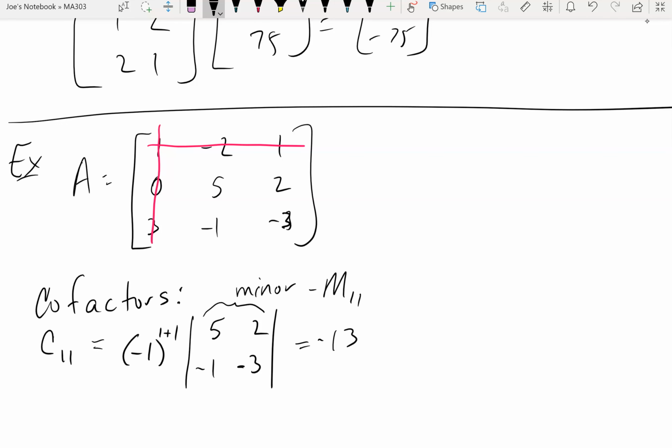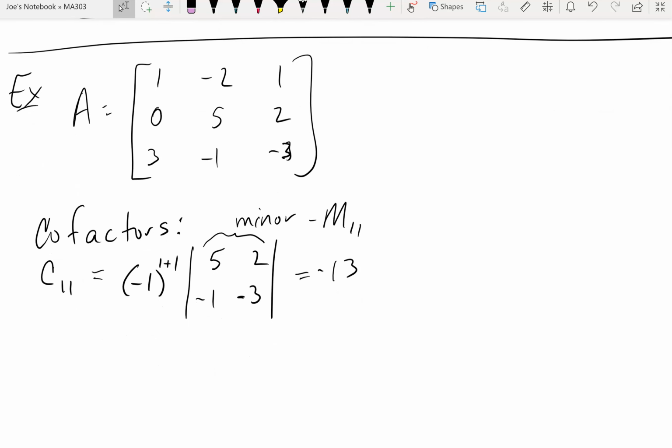So when you do this for adjoint, you need to do it for every single possible entry. So there's 9 cofactors here, right? Okay. So I need to do the 1, 2 cofactor, the 1, 3 cofactor, and so on down the line. Now in the video, I had them going straight across, right? Yeah. Doesn't really matter how I write them. I just need to make sure I put them in the adjoint in the correct order. Okay. So for your C12,